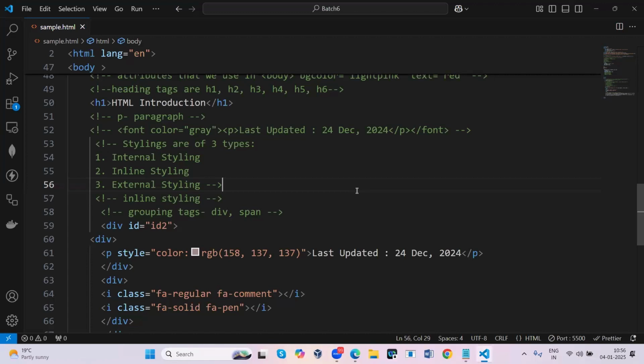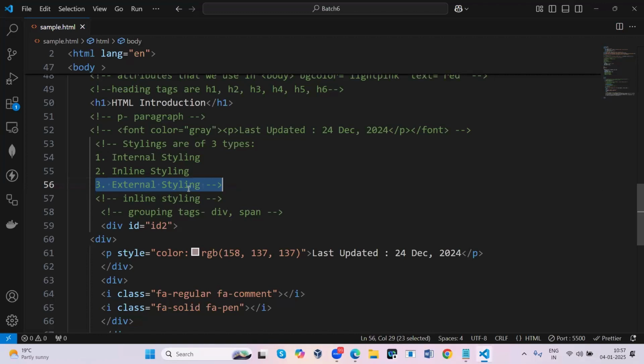To avoid all these things, I will write all the stylings in one file, and in the documents I'm going to link that style file to all the documents. So if I make changes in that particular file, wherever you linked it, the styles will also get updated in those documents. That is the purpose of external styling. In order to apply the same stylings for multiple documents, we make use of external styling.